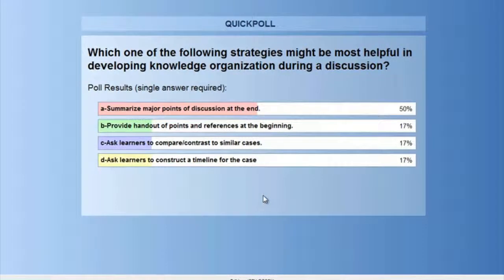Certainly handouts are always useful in any kind of learning situation where at least we can make it clear what we hope the objectives of our work together will be. We can use questions throughout a discussion. The compare and contrast, the what if kinds of questions, which I know many of you probably use, can help learners create organizational patterns. It might be that we don't point to them clearly enough, that we don't use them to very explicitly help construct an organization, but certainly those are great questions for helping the learner see the similarity